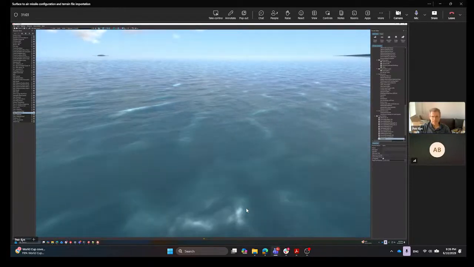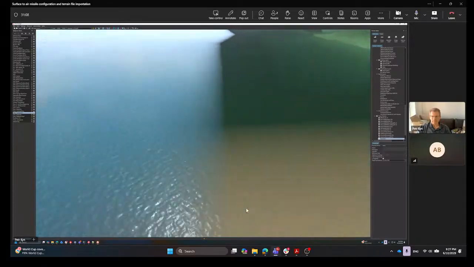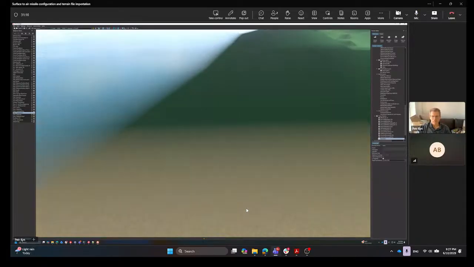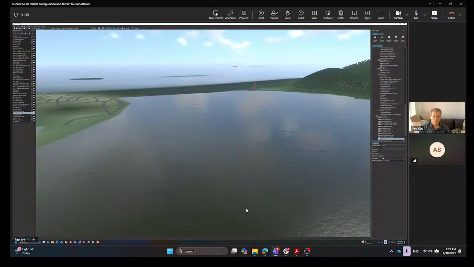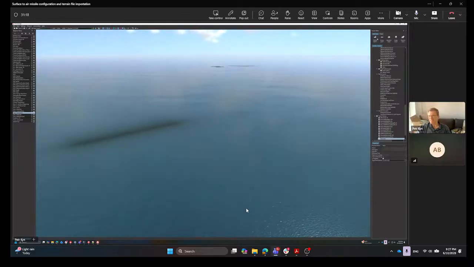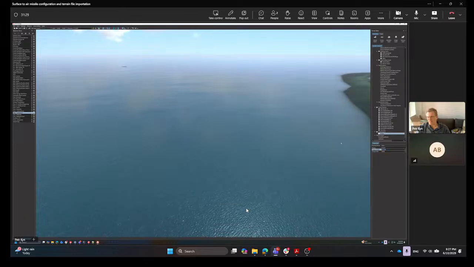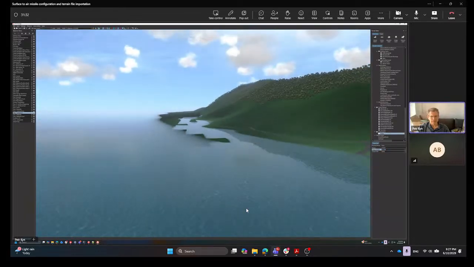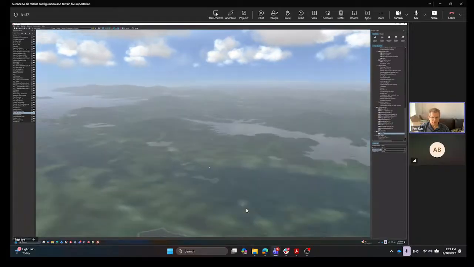Ocean is literally a giant sphere that encapsulates the earth, and you can adjust the height of it. But he's just pointing out that there's no underwater for the ocean and the lake. Yeah, the lake and the ocean are handled completely differently. So I can raise the ocean, but it's not going to work. It's going to start having problems with